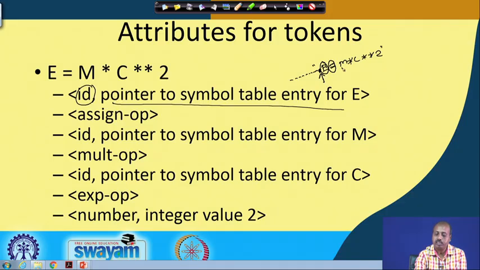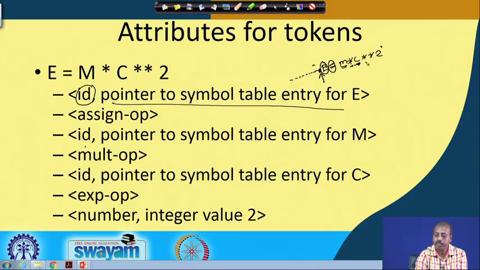Next, when it is asked, it will find M, so it will return ID and a pointer to the symbol table entry for M. Then it finds the next token is star, so it will return the multiplication operator. Then the next time it will find C, and return the token ID and a pointer to the symbol table entry for C.